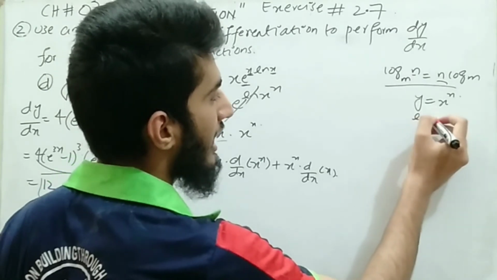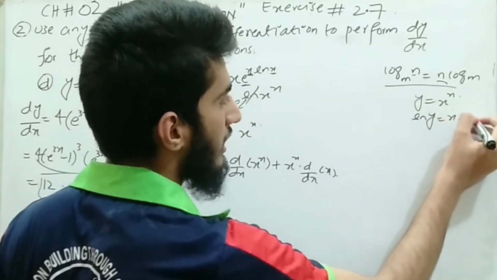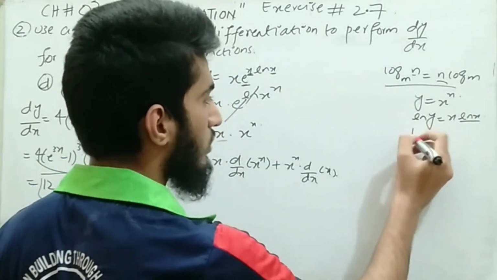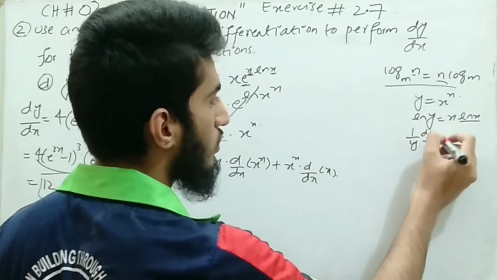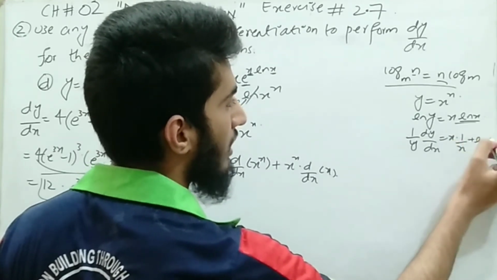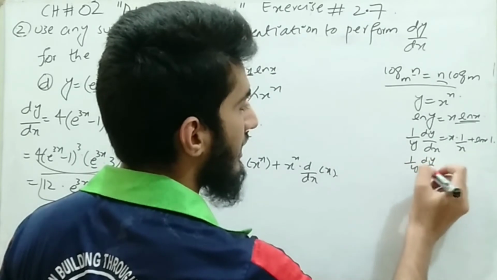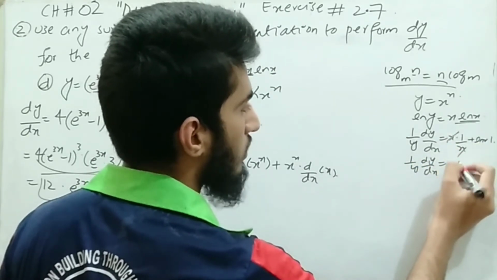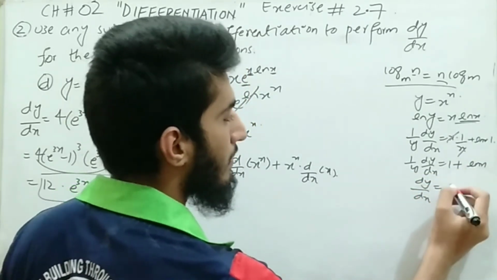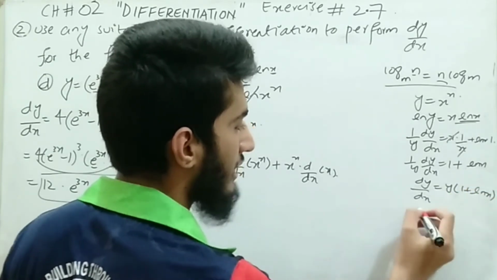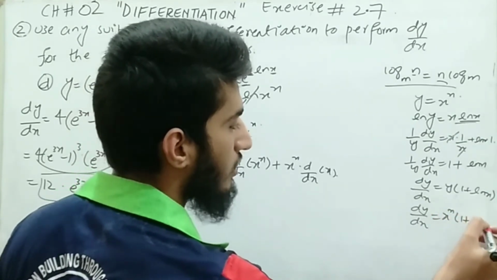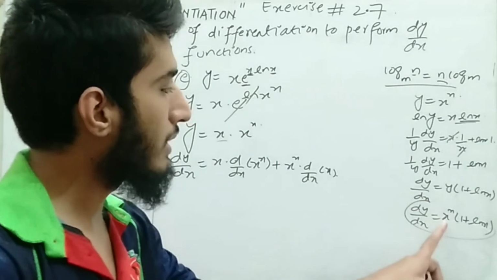First we will use ln on both sides. So this power will come to the front according to the natural logarithm formula. After this, if we apply the derivative, it becomes 1 over y dy by dx will be equal to, over here we will use the product rule, so it becomes x times the derivative of ln x, which is 1 over x, plus ln x times the derivative of x, which is 1. So 1 over y dy by dx will be equal to, x is cancelled out with x, we are left with 1 plus ln of x. So this y will move to the right-hand side. So dy by dx will be equal to y multiply 1 plus ln of x. So the result will be dy by dx equal to, y is actually the original function x power x, into 1 plus ln x. So it means that the derivative of x power x is x power x multiply 1 plus ln x.